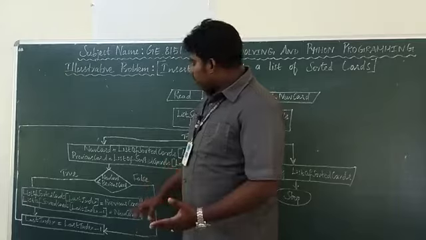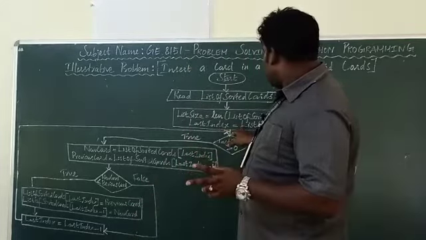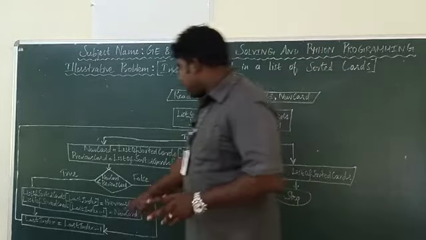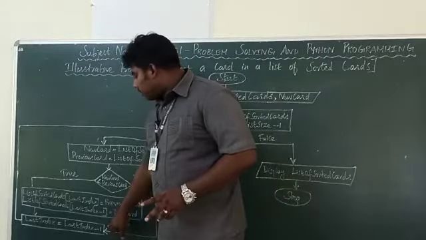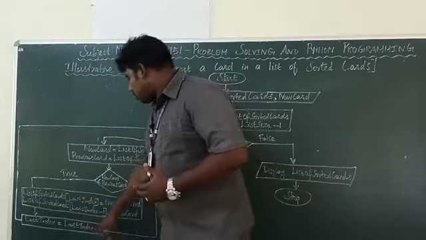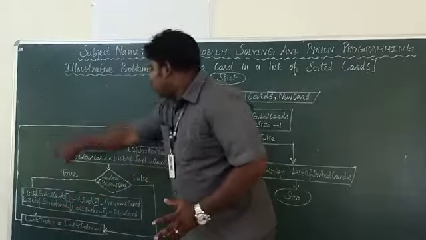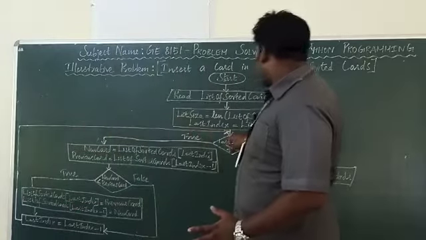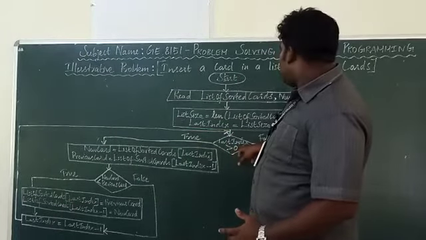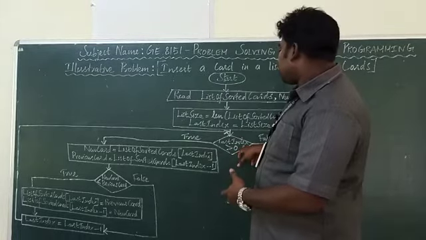What's the next step? 3 things are there, right? For the looping: initialization, condition, increment or decrement. This is the last step. Last you have to decrement the loop. So last index equal to last index minus 1. So again it's a loop, right? Repetition. So it comes back to the while loop. Now the last index got reduced. Again you are checking the condition whether it is greater than 0.